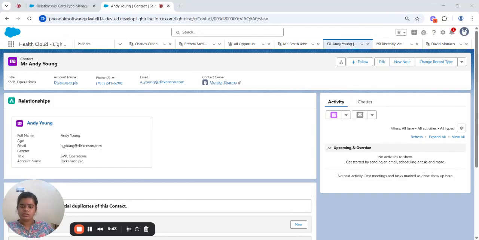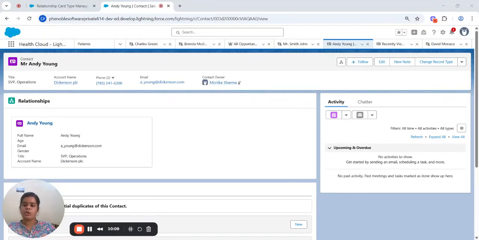So the out of the box functionality in Health Cloud typically includes, let's say, patient profile, provider search, care plan, patient relationship management, referral management, reporting and analytics, workflow automation, mobile application, and AI powered insight.